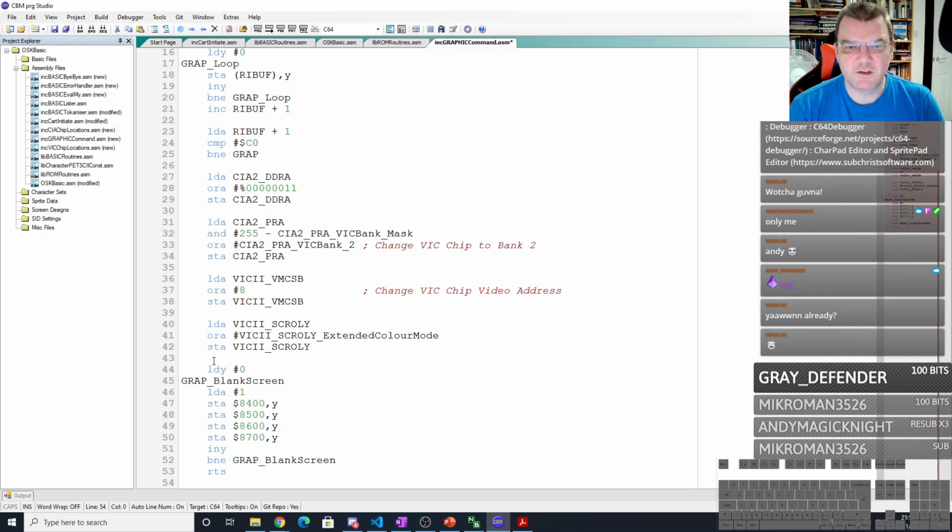That's the code to put the 64 into high res bitmap graphics mode. So we need to add this now to our